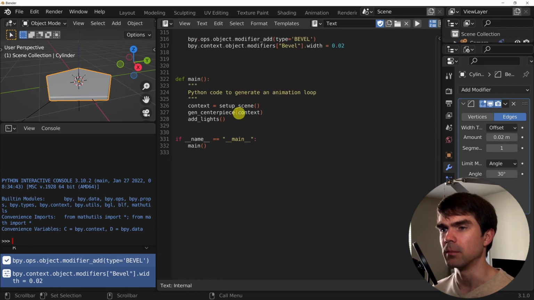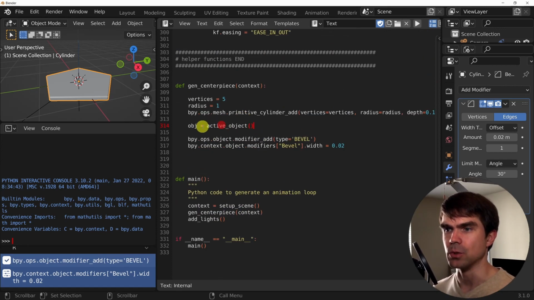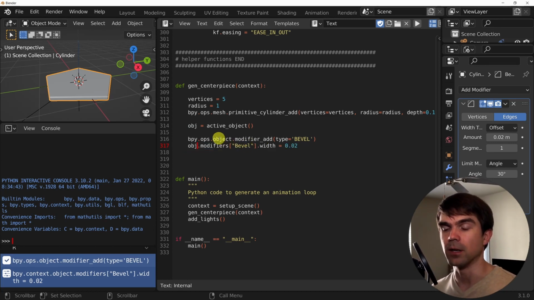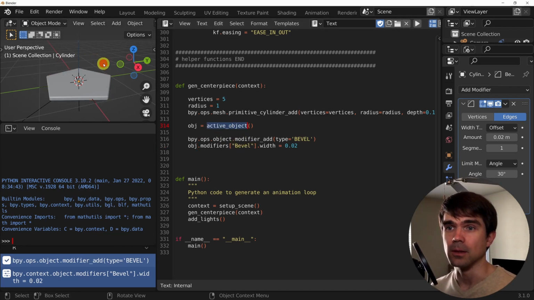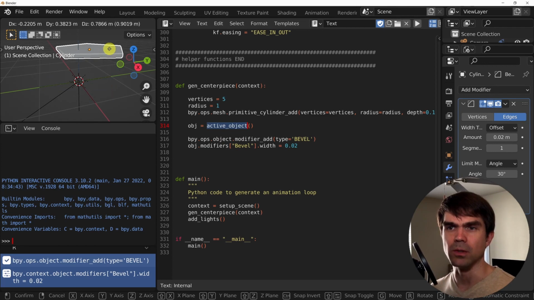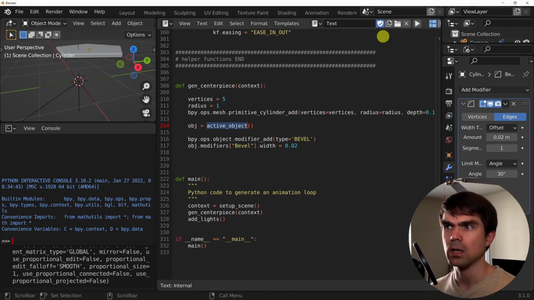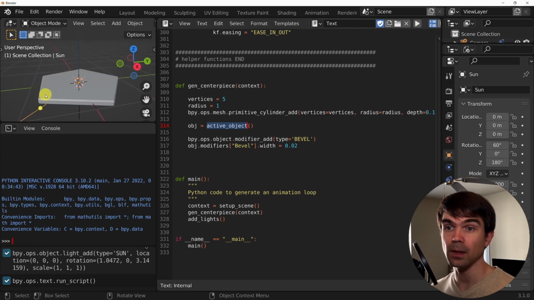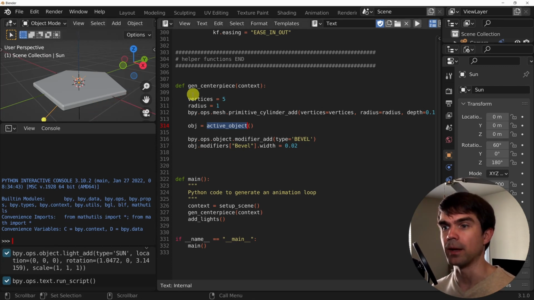I'm gonna go to the very bottom again, just use that. And instead of using this bpy.context.object, we can use the reference, this variable reference that we just created right here. So I'm gonna actually just move this to show you that it changes, and I'm gonna rerun the script. And as you can see, the old cylinder got removed and we got a new shape right here.